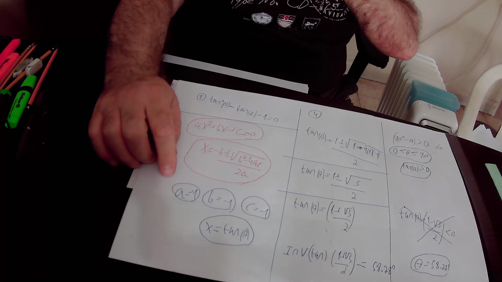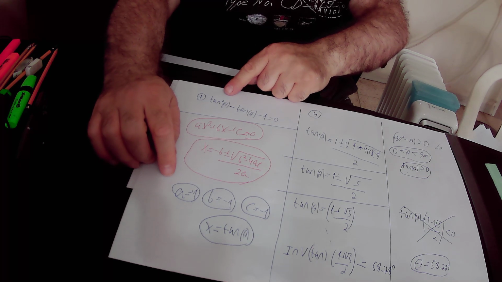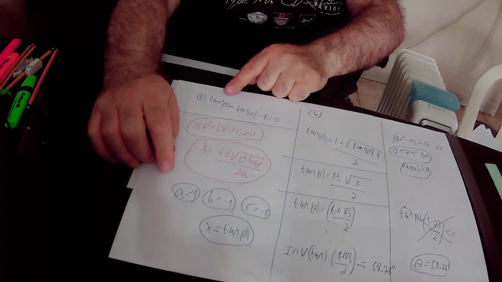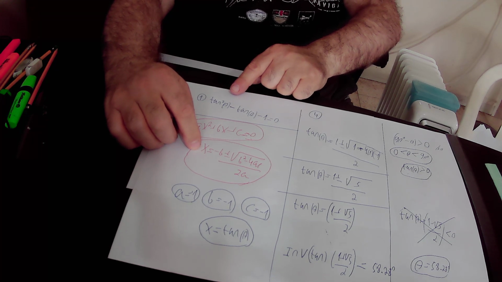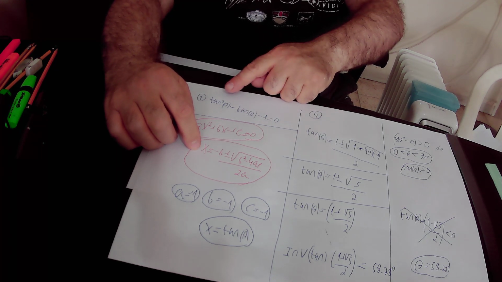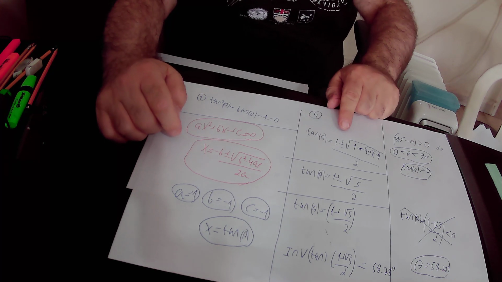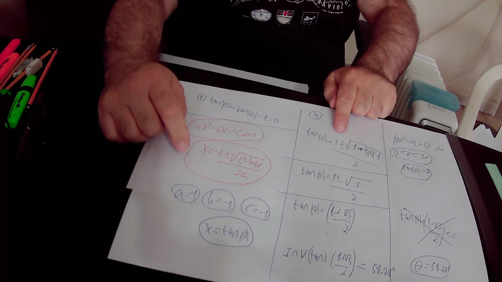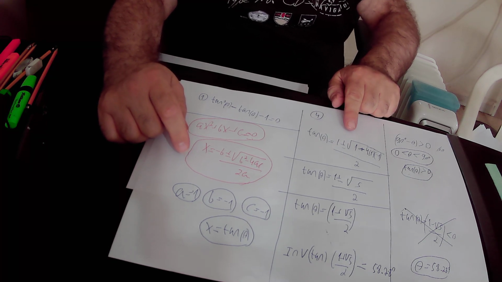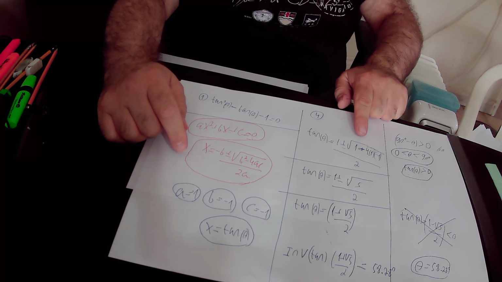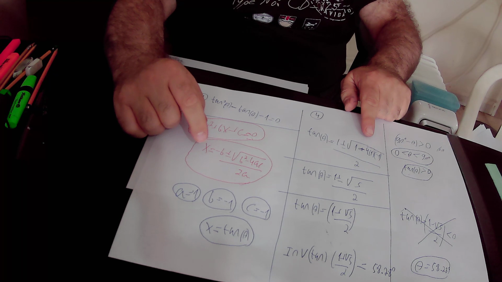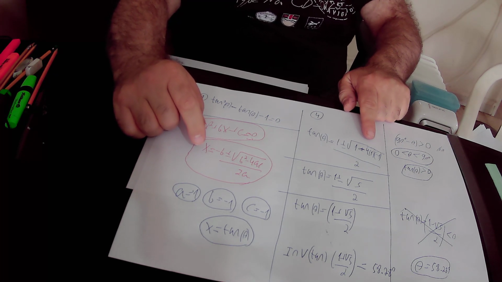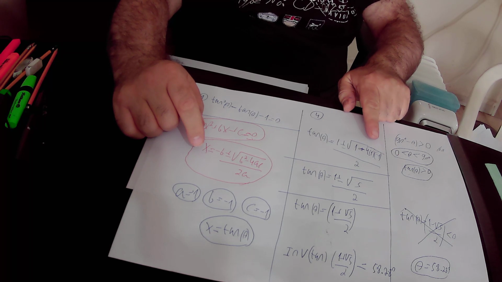So here, the variable that we are looking for is tangent theta. So we'll find out the value of tangent theta by this equation. Here x equals tangent theta. So we put the data inside this equation, and we will get that tangent theta is equal to minus b. B is equal to minus 1, so minus b is 1, plus minus the square root of b squared minus 4 times ac. B is minus 1, so b squared is 1, minus 4 times a, which is 1, times c, which is also minus 1, so inside the square